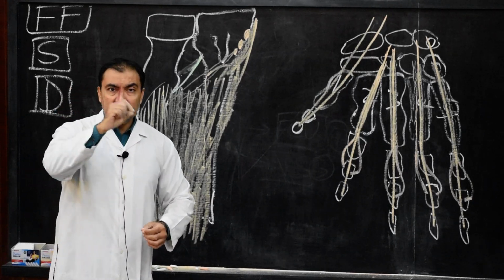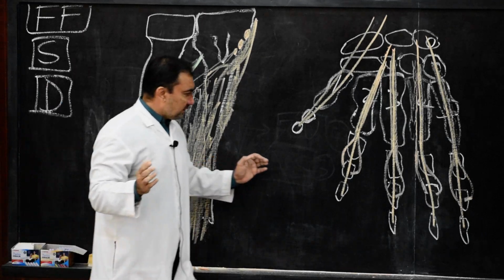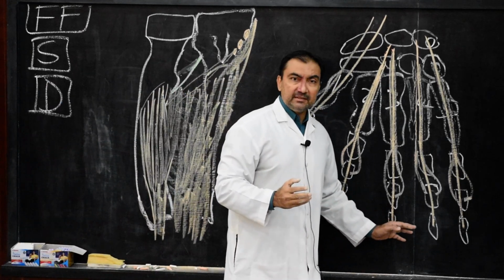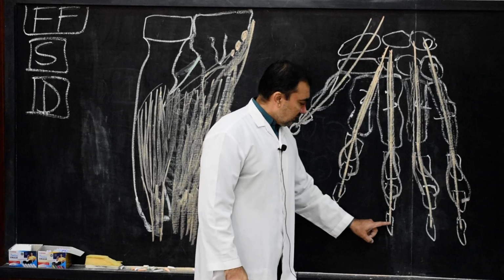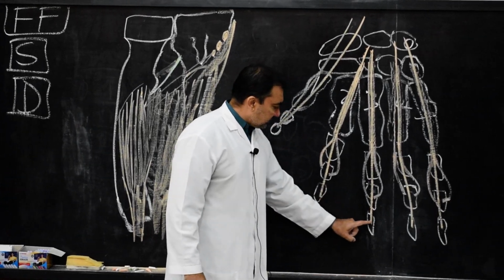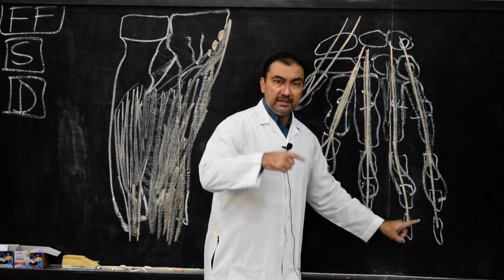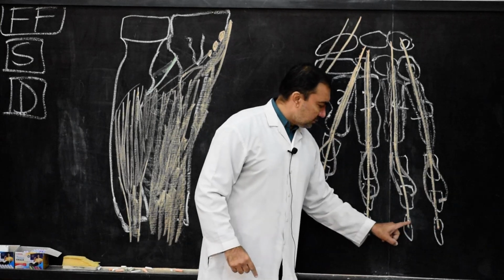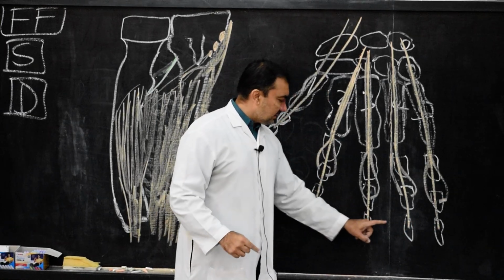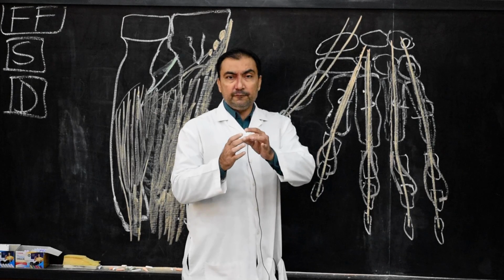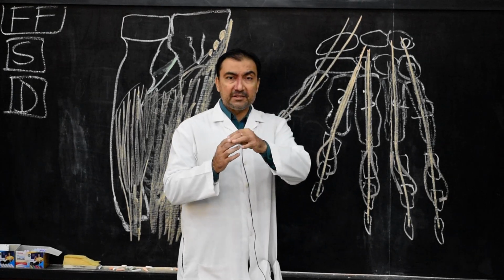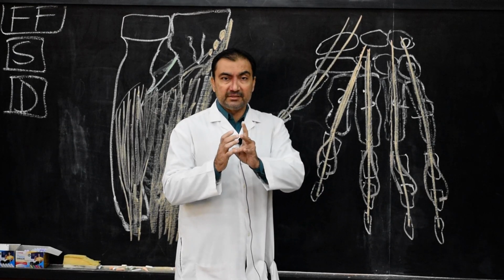And the second important action will be, if we come on this side, the insertion. See the point of insertion of flexor digitorum profundus, very interesting. This insertion is on the distal phalanx, so it will help in the flexion of the distal phalanges, or the flexion of the distal interphalangeal joints.